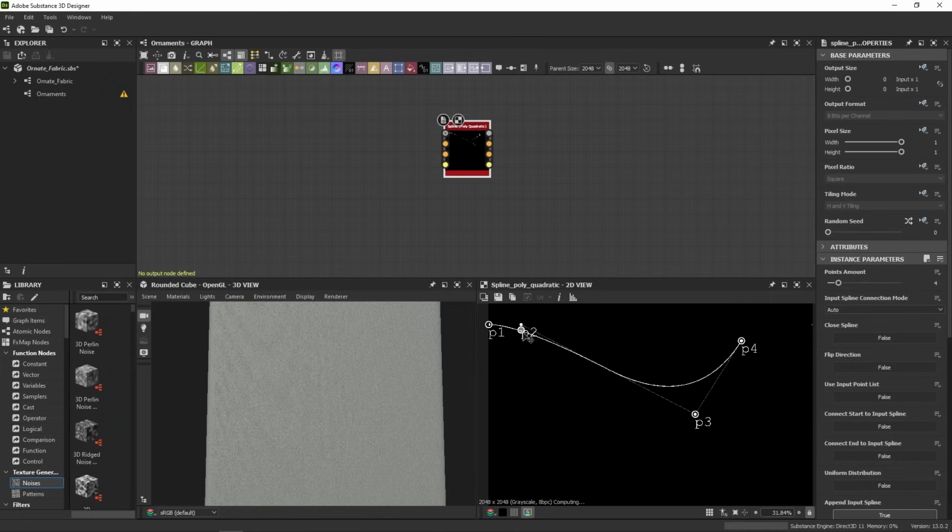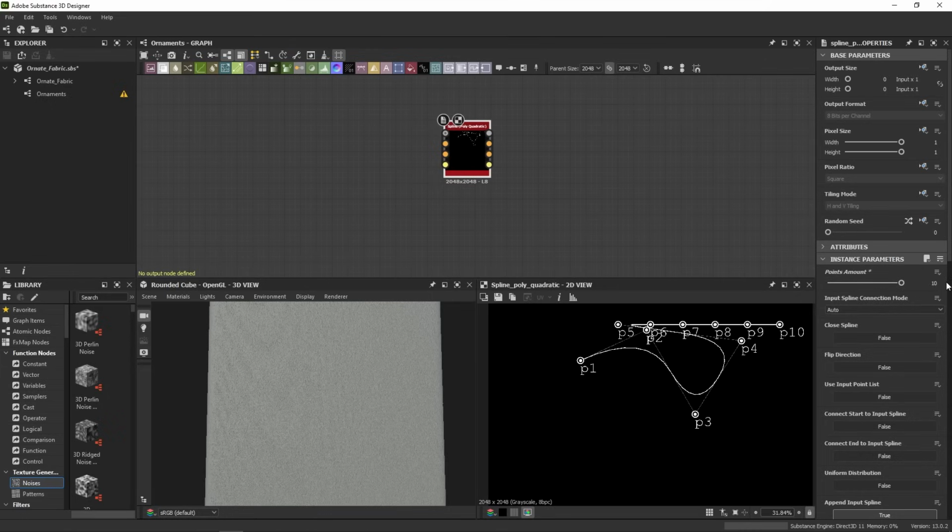And that's mostly it. You can just draw any shape by moving points. We can go up to 10 points in our polyquadratic. You can even go above it using the point list node. We won't get into that. For now, I just encourage you to spend a few minutes just messing around with the points to familiarize yourself